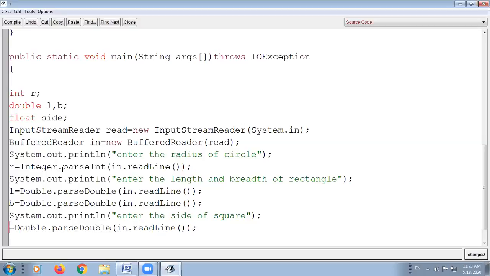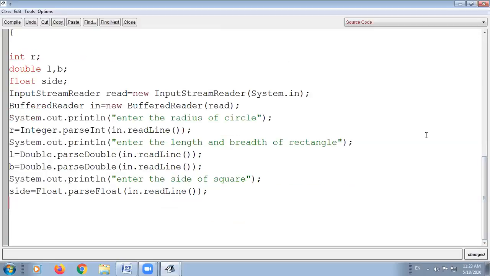Now we have taken the side variable as float, so you have to change the wrapper class to Float, and write Float.parseFloat. These are the statements you have created for entering the values of the figures from the user.